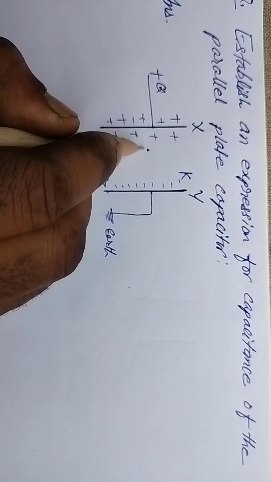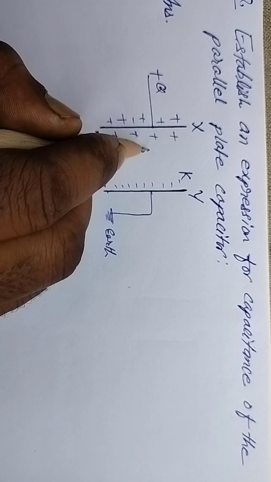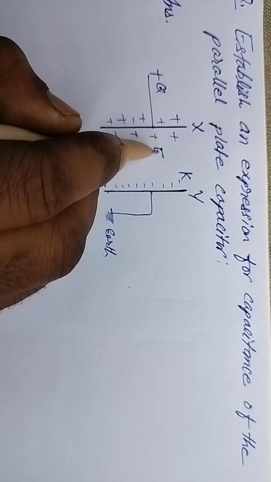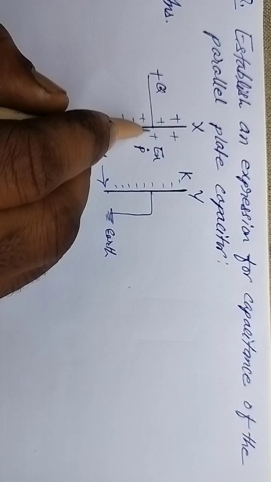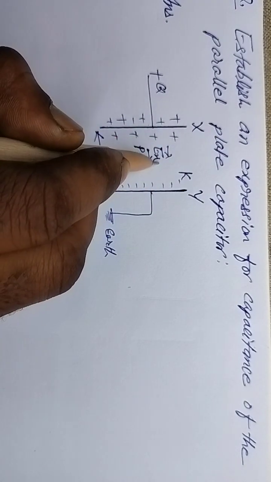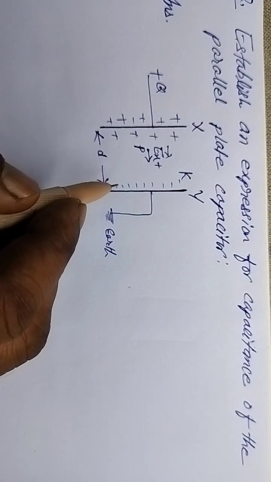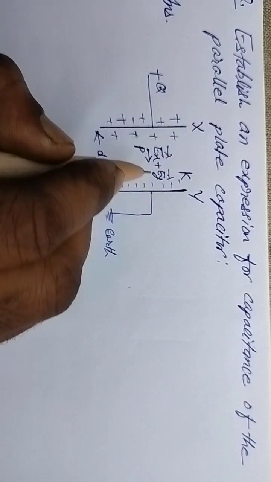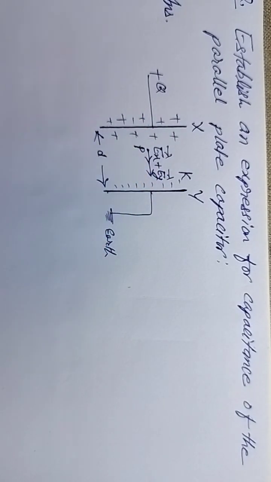Consider a point P. There is an electric field intensity, and the direction of electric field intensity Ex will be from plate X to plate Y, and the electric field intensity due to plate Y, Ey, direction will be plate X to Y. Both electric field intensities will sum, because both are in the same direction. Okay, now